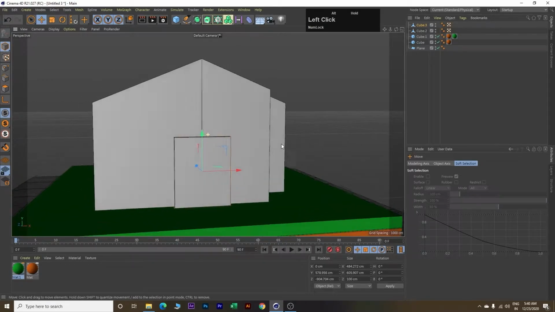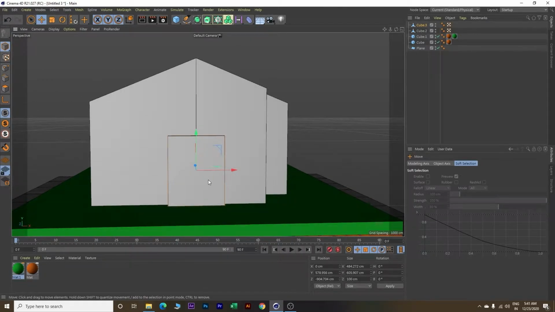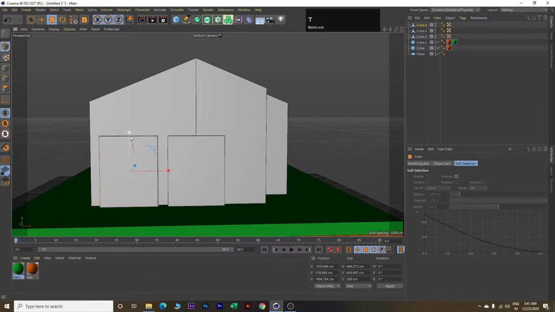Okay, this looks good. Next, I will be making a copy of this cube by using the Ctrl key. So click and hold your Ctrl key on your keyboard and use one of these arrows and drag it either left or right, and here we have made a copy. Now we will resize it. So click T on your keyboard and resize.